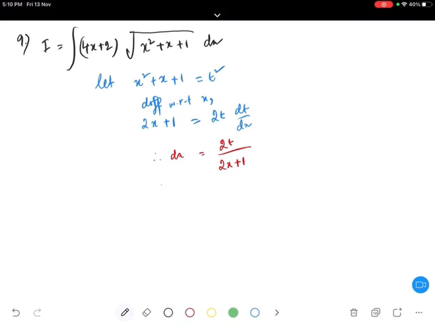So we have this substitution and we have this substitution. So let us start substituting and see what I get. Now before substitution, what I will do is,